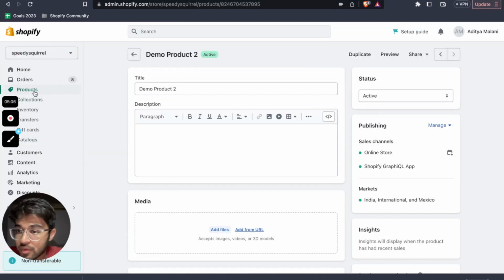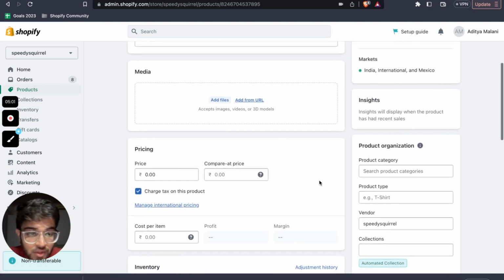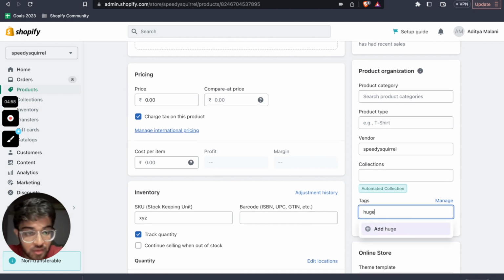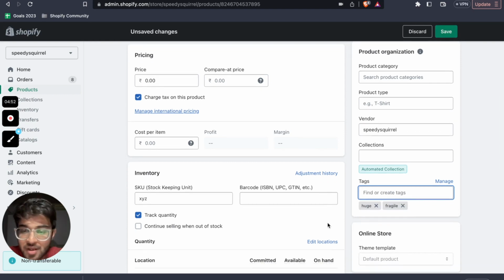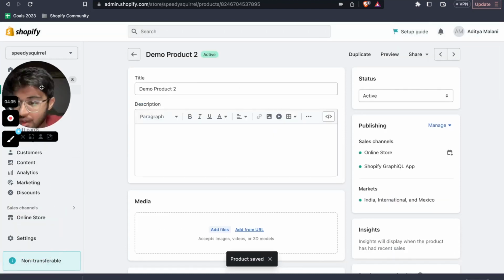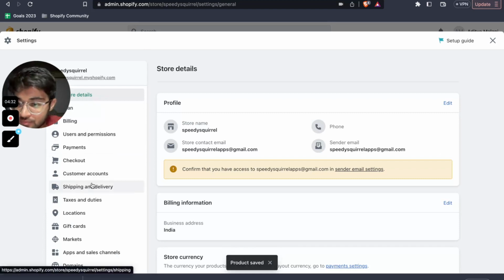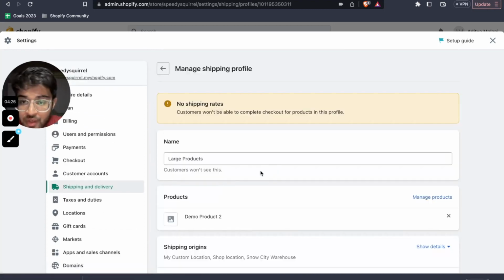Now let's try one more thing. Let's go into the product. Let's change the product and add another tag, which is the huge tag. Now what will happen is our rule number 2 will get satisfied, because the rule was that if the tags contain huge or large, any one of them, and no other condition, then let's assign that to the large product shipping profile. So I'll update this product. I'll go to settings, and I can see that one product has been added to a large products profile, and that is the demo